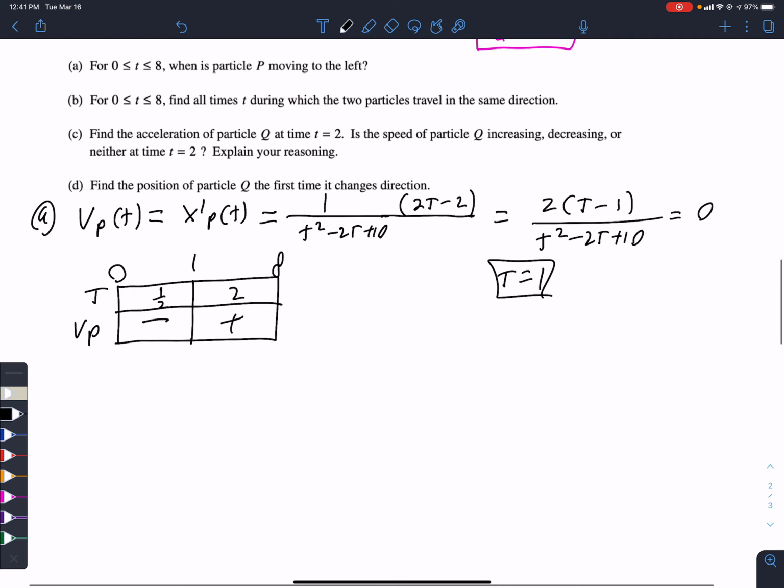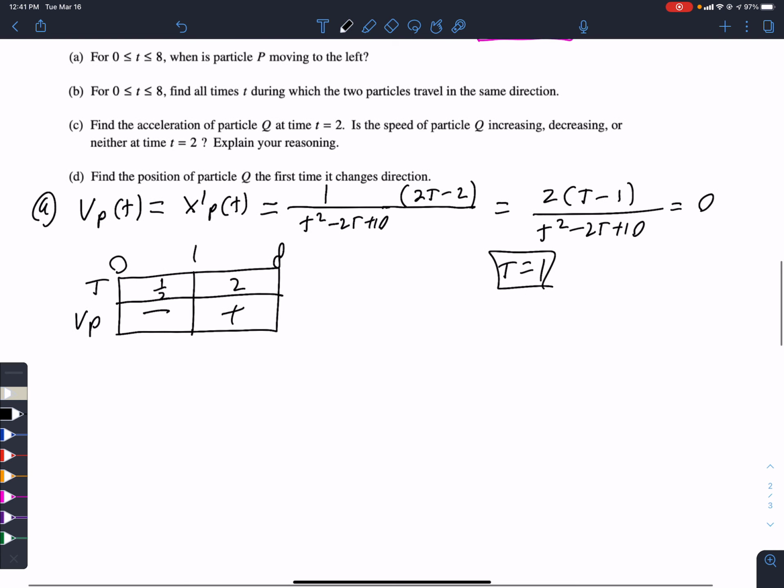So the question is, when is it moving to the left? Between 0 and 1. Between times 0 and 1. So we'll state that. The particle P is moving to the left